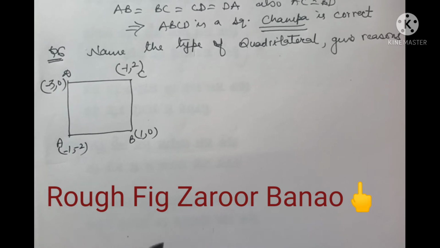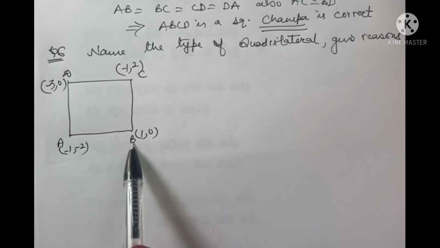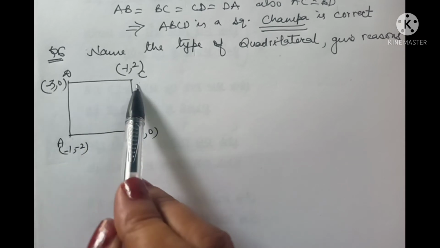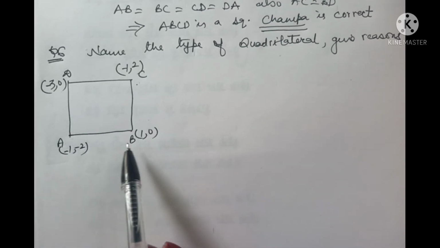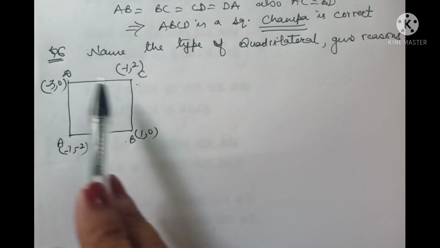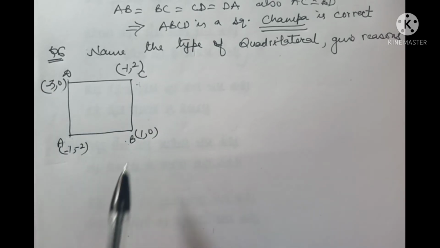What is the point to take care of? You should write in an order. A, B, then C must be like this. You can't write A, B, C, D in a crossed order. It will be wrong. You don't have to lift the pen. Or you may write like this A, B, C, D. But you don't have to lift the pen.